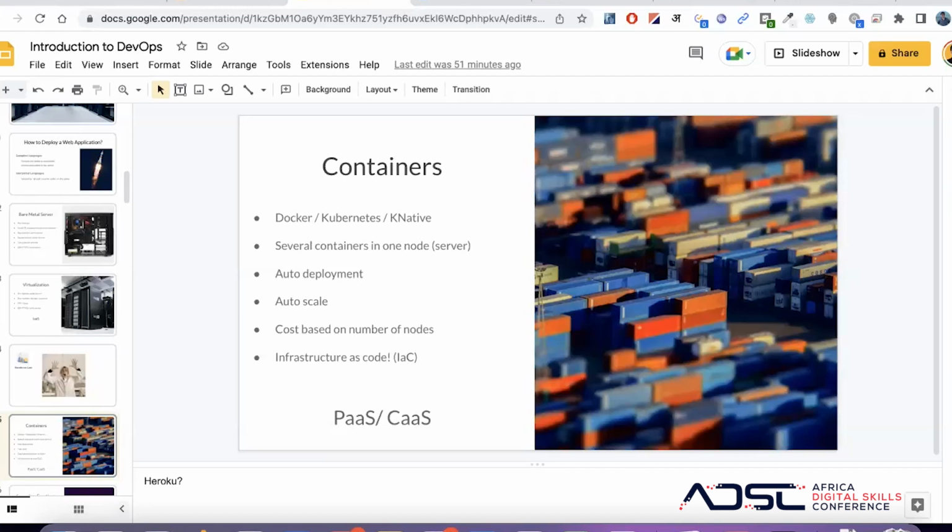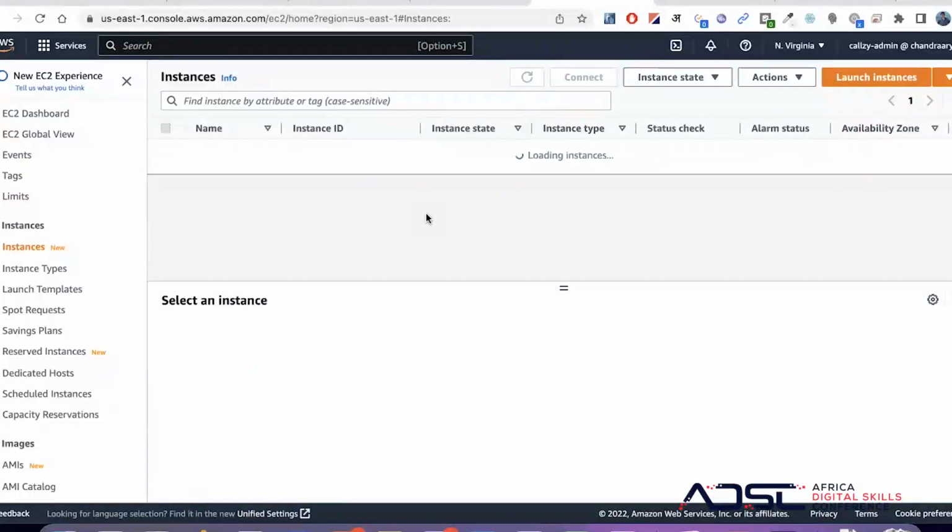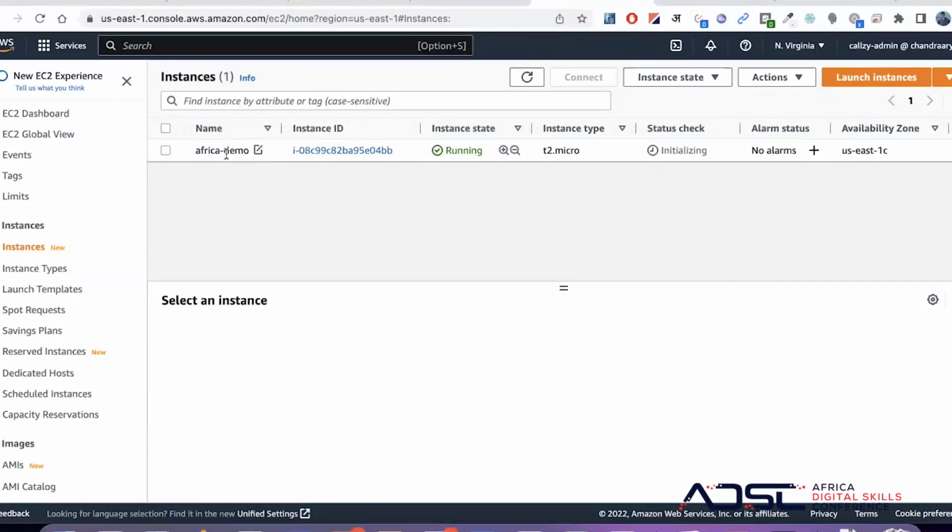Those libraries you install yourself on the server. Containers are a way so that you don't have to install them on servers. They automatically get installed in a small version of the server. That is called containers. This is a virtualized software, another level of virtualization. Okay, so this server is ready.